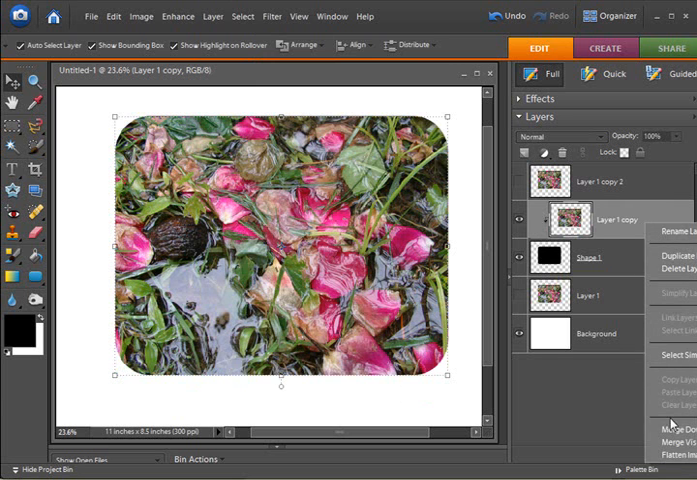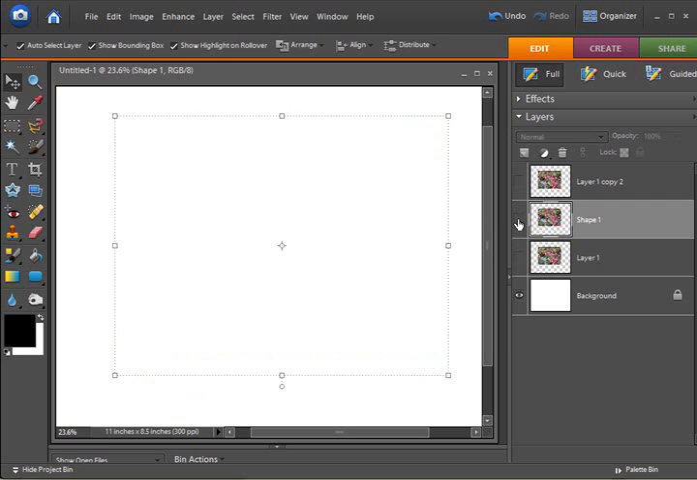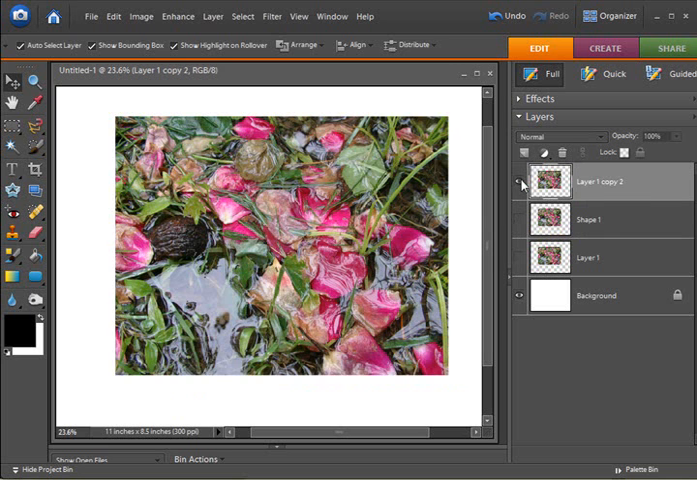If I right click and choose merge down, those two are now merged together, and I'm left with just my photo in that shape. One more technique, I'm going to do this on my third sample here, is to use the rectangular Marquee tool, and I don't use this method very often,